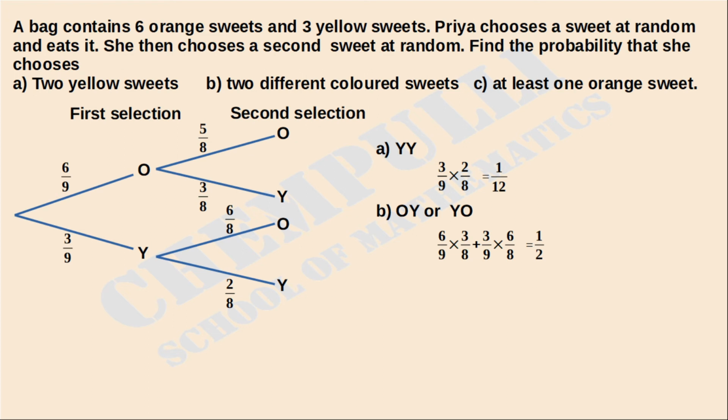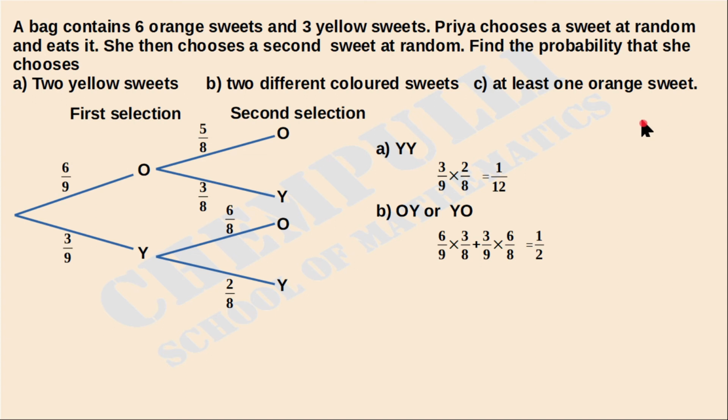Okay, that means there is no maximum limit here. How many draws are there? Only 2 draws are there. That means we will get a maximum of 2. Okay, that means at least one orange seed means minimum one orange seed. That means we have to consider here the one orange seed situation.